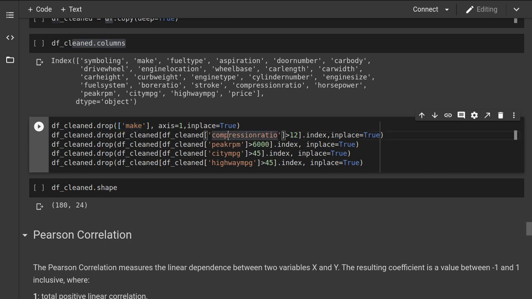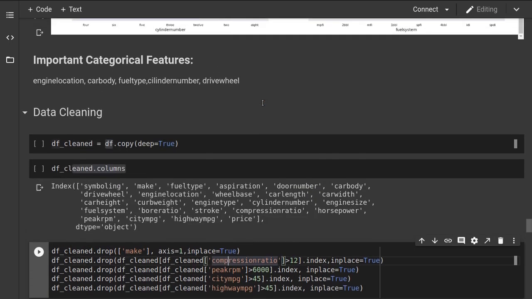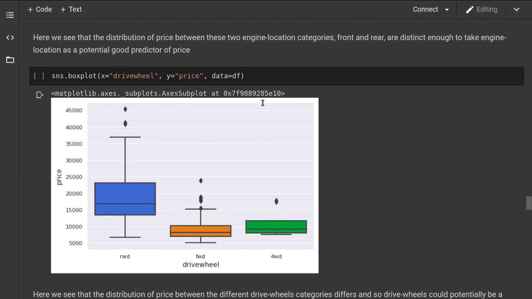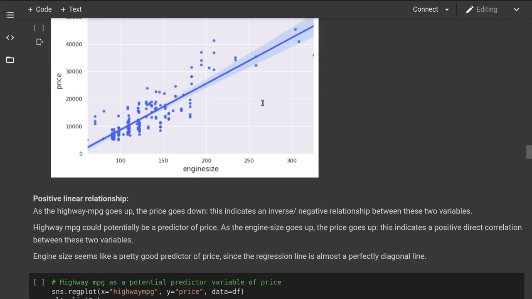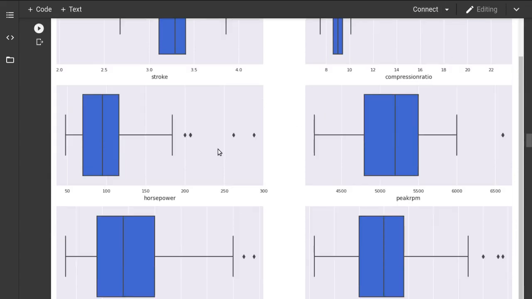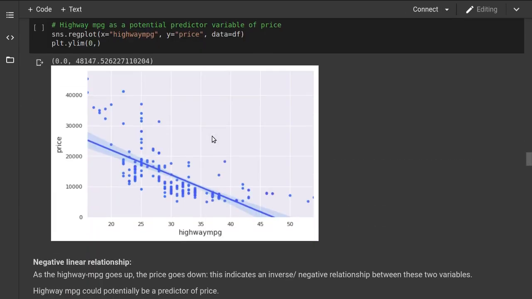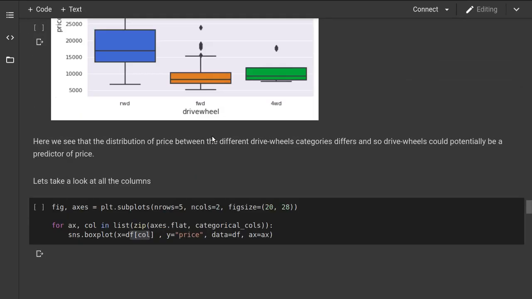Then I removed some outliers which I thought would be useful, which I got from this box plot. So I removed those values according to those box plots.